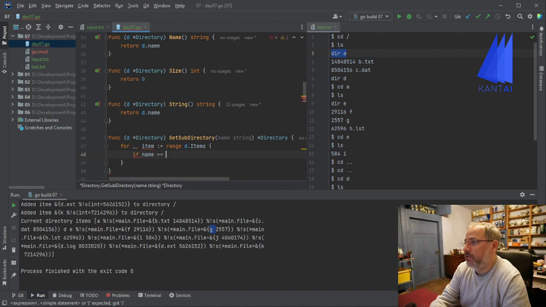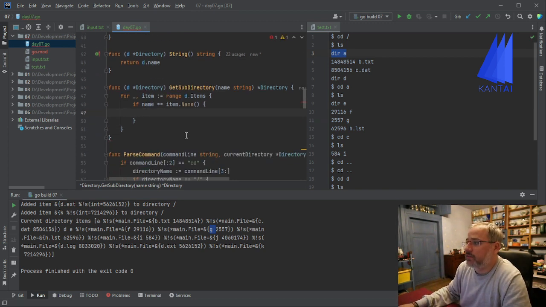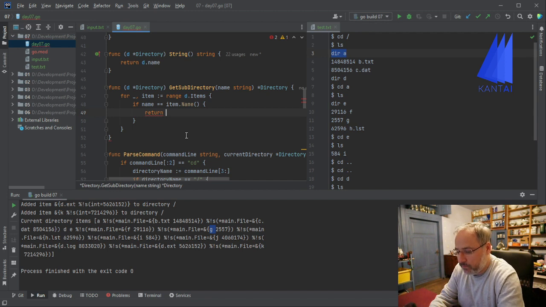Name equals item.name, then just return our current item. Oh, the address. I think it's, we'll see. We just return the item,